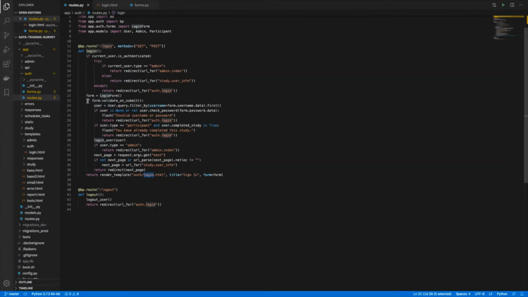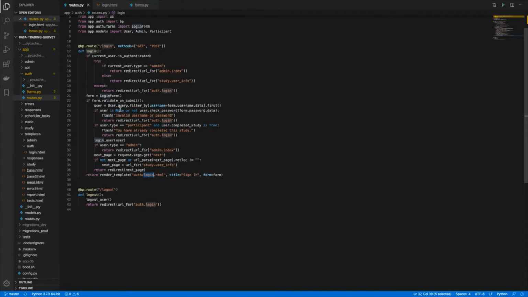If the form is posted to the endpoint along with the user's username and password, the form.validate_on_submit method allows for automatic validation of all the form fields against their validators. If the form is invalid, the relevant errors would be added to the form and the form would be subsequently re-rendered along with those errors.